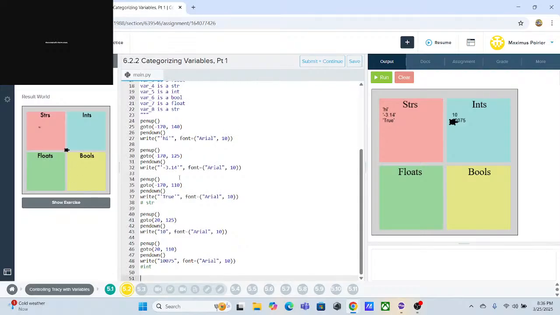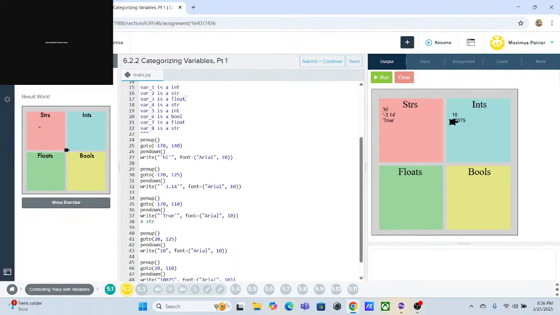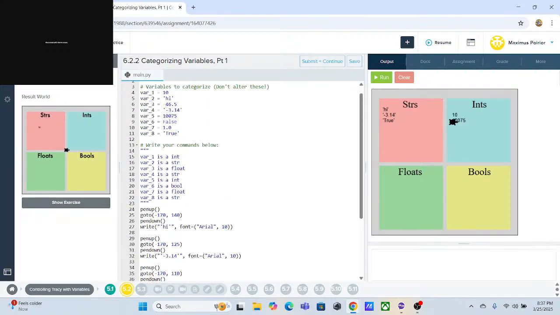Okay, now we just have what is... So now we have 4 floats, variable 3, so we have this,